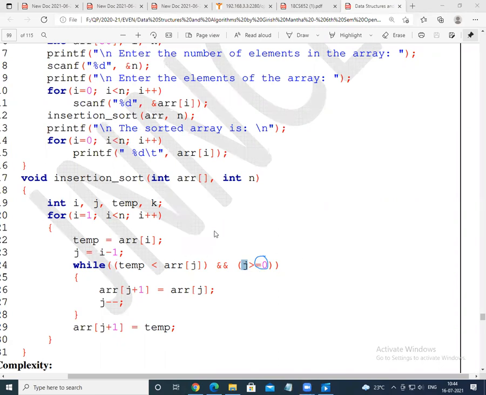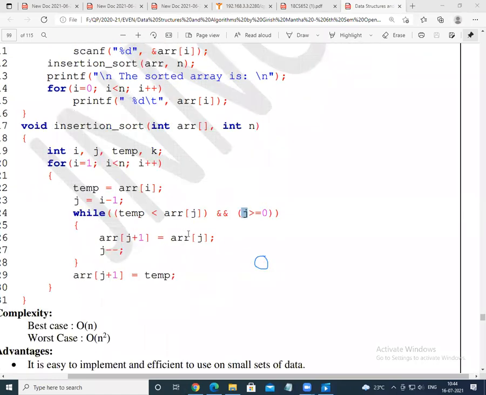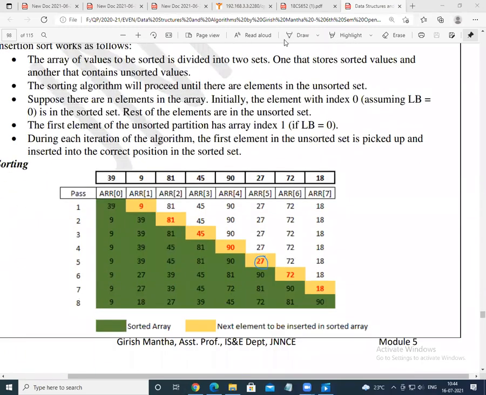j is an index of the array, of the sorted part. i resembles the complete array, right? i equals 0, i equals 1. Whereas j belongs to this part. See,